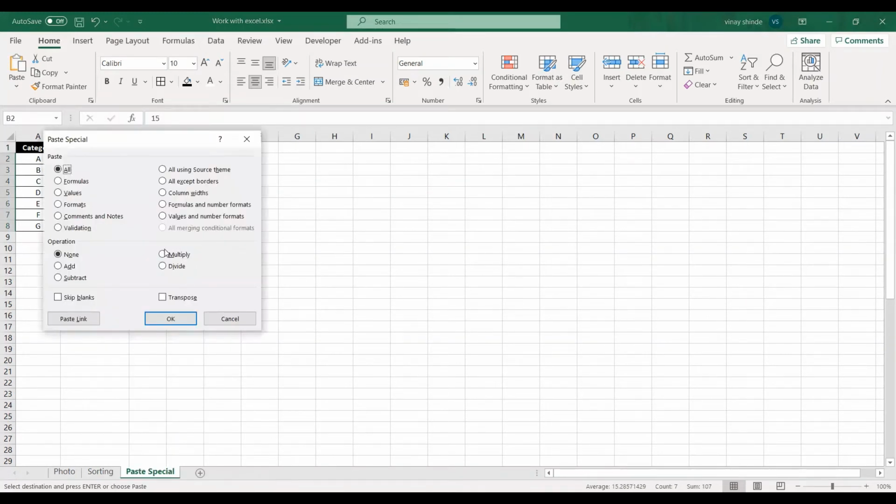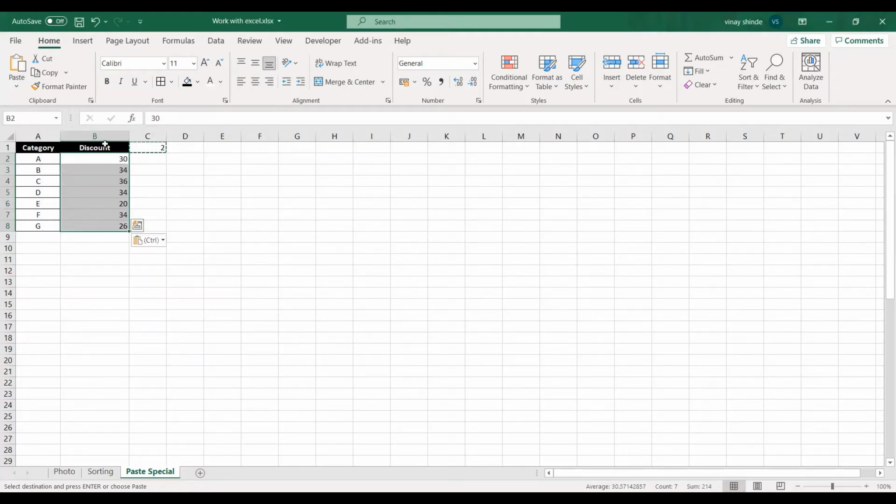Now here you can see multiply. There are 4 operations available here: multiply, add, divide, and subtract. Now I want to double my discount. That means I want to multiply the discounts by 2. So I'll select multiply and I'll say okay. Now here you can see that all the discounts are now doubled.